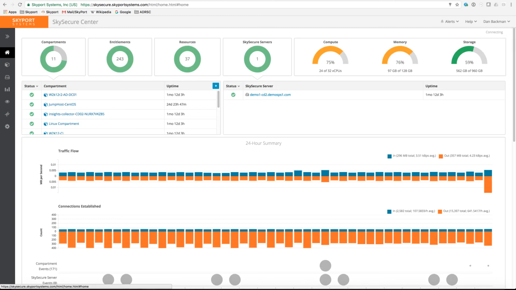Now, everything that you've seen here is part of the SkySecure system. This is something that you can deploy remotely. It's something that you can have up and running in a very short amount of time. We typically find that our end users can have a system from a sealed box to up and running a protected virtual machine, usually in less than an hour. And the reason we can do this is because of the cloud experience that this brings.